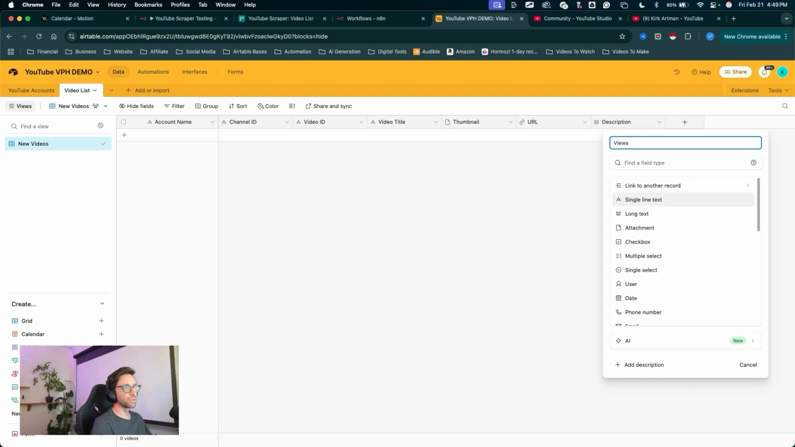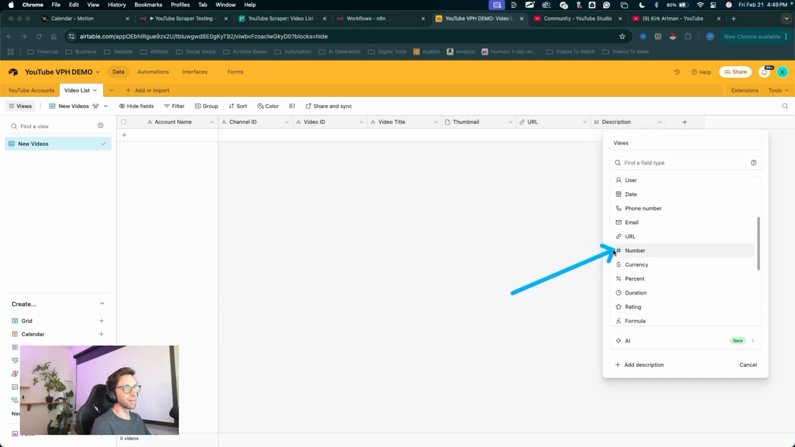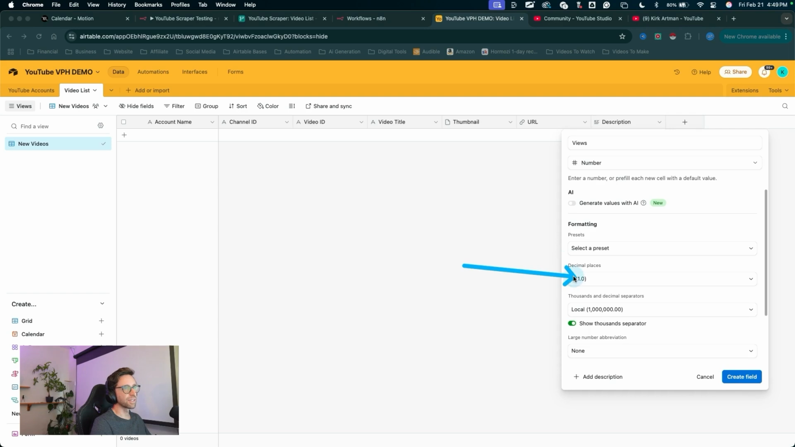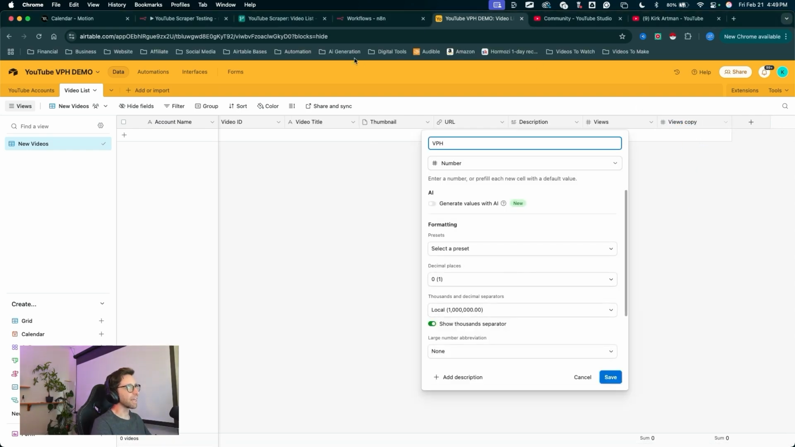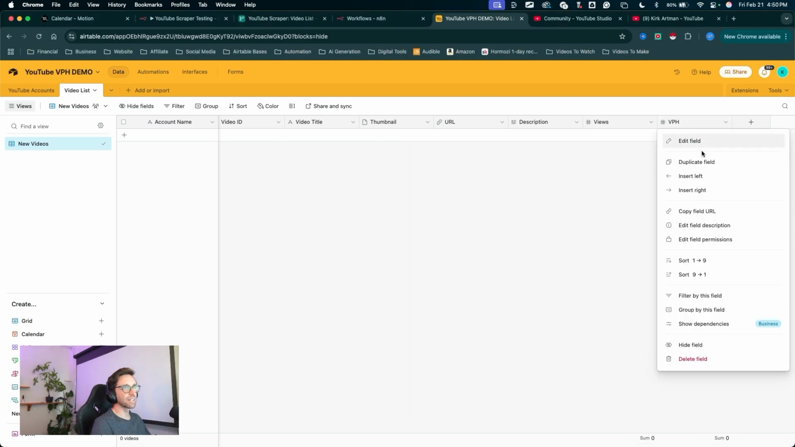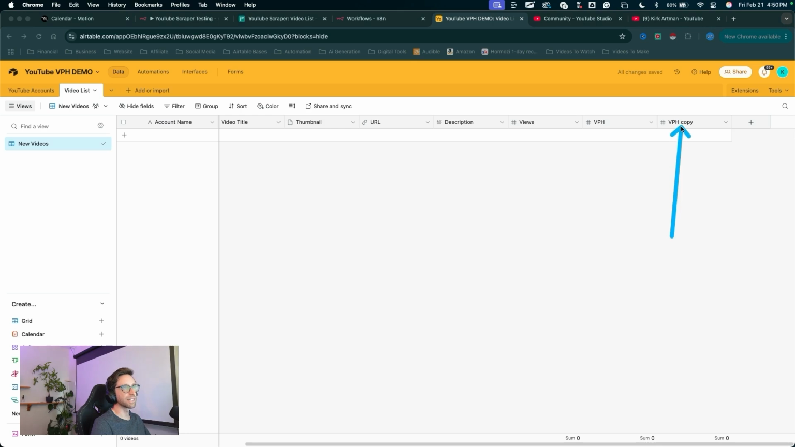Call this views. You can scroll down, find number field. For the formatting, choose the decimal places. We can set it to 0 decimal places. Create the field. Now we can just duplicate this field. Right click on it, click duplicate, and just rename this field VPH for views per hour. Click save. We can duplicate this field,